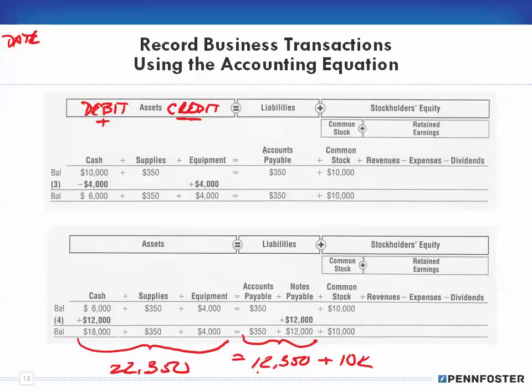So the thing to take away here is, notice the sequence of questions that I'm asking myself. When I have a transaction, I ask myself, am I affecting cash? The reason I do that is because a good 60% of your transactions are going to affect cash. And after a while, you know that if my cash goes up, I'm debiting it. If my cash goes down, I'm crediting it. And if my debits equal my credits,